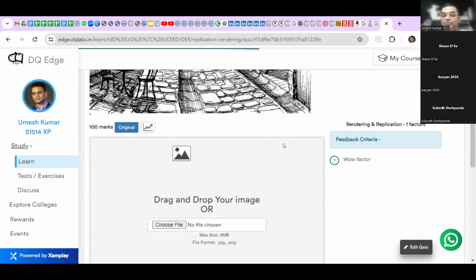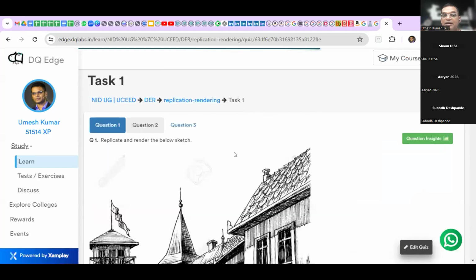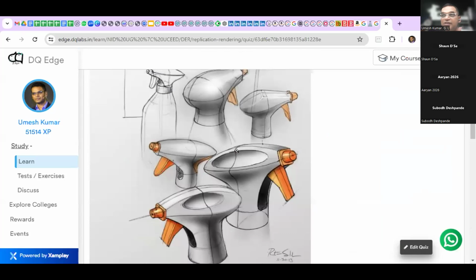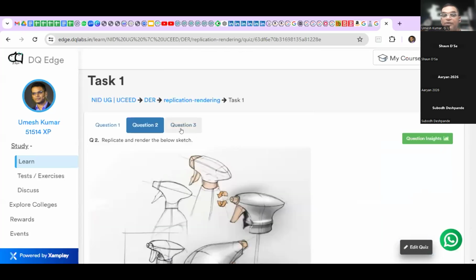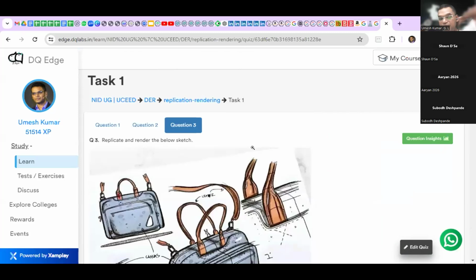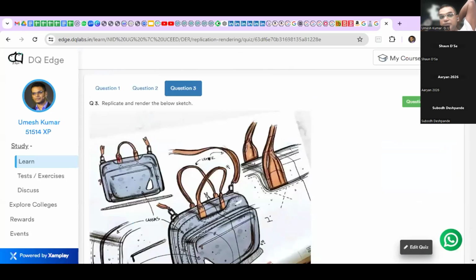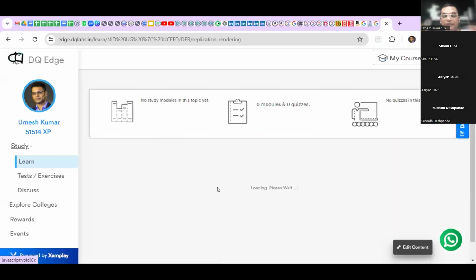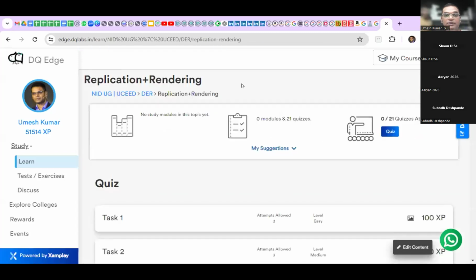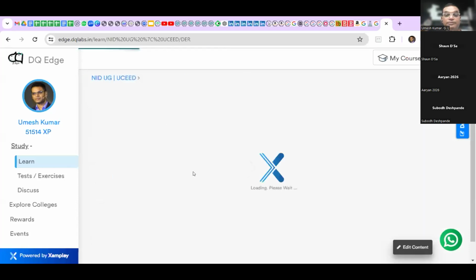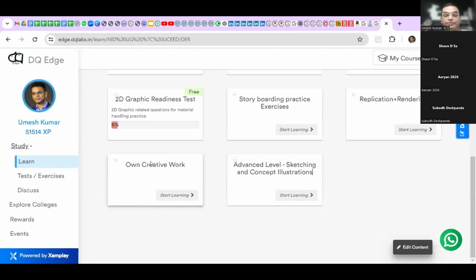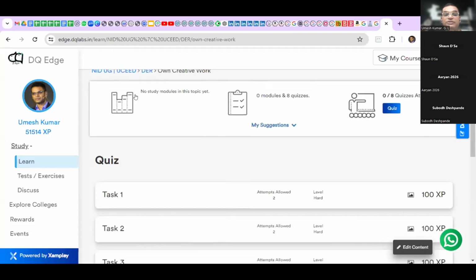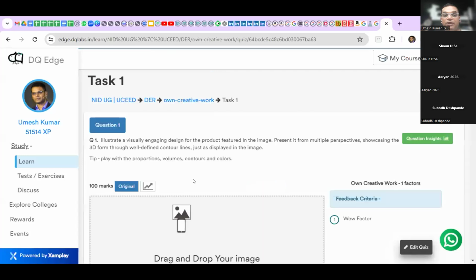And then when you finish these kinds of exercises, at a later point, we will be asking you to do your own creative work, right? So I'll show you some examples of your own creative work as well. You can take a product or a fashion related accessory, or you can do a street scene or architecture related. So what happens in your own creative work is that now you see a similar reference.